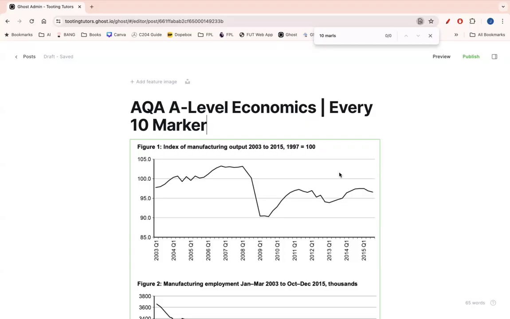Okay. So in the 4 marker, you pick 2 points and you just write about them, but you don't have to do anything else, right? So with the 10 marker, you have to pick 3 points, not 2, from the data. And not only do you have to pick 3 points, you have to discuss them. So evaluate them as well in terms of if it shows a certain outcome. For example,